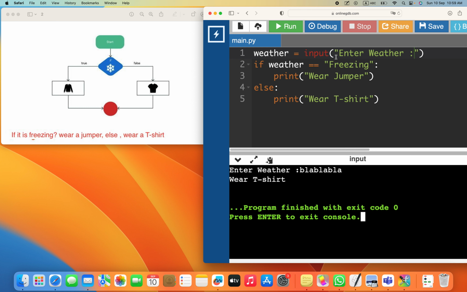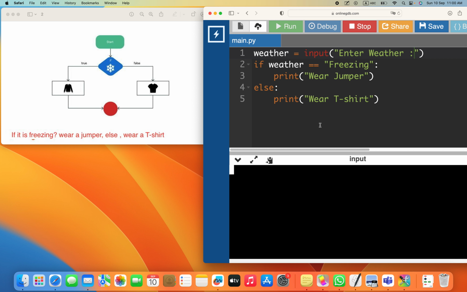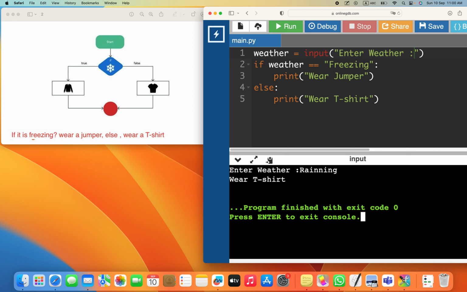Okay. Now this is the condition, but if we say blah blah blah, or let's say it's raining, right? We say raining. It will still tell you to wear a t-shirt. So we should put another condition there, right? If it is freezing, wear a jumper. If it is raining, wear maybe a raincoat or something else, right? So let's learn now how you can put another if condition